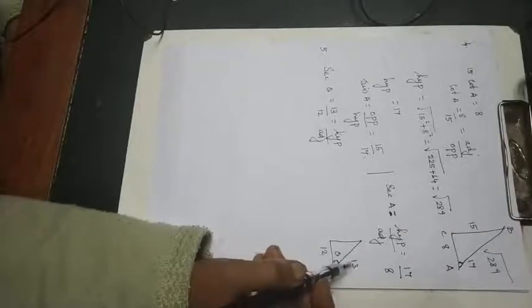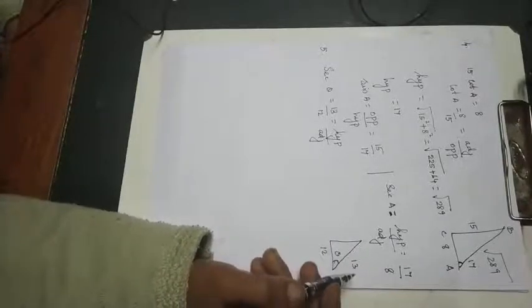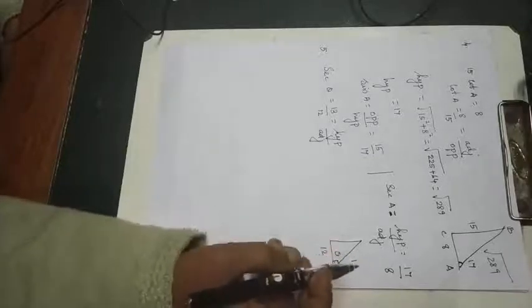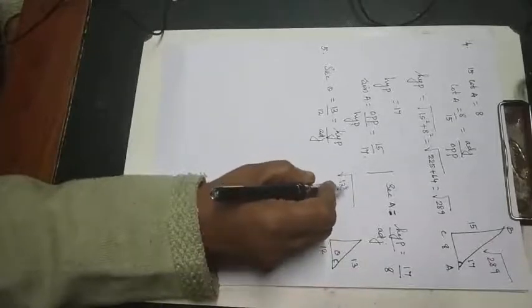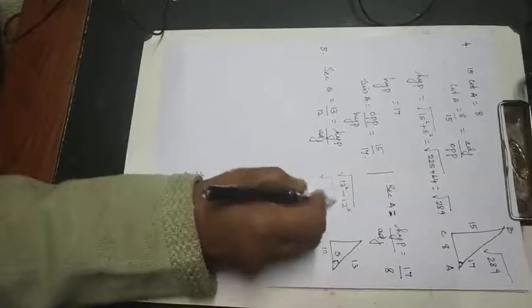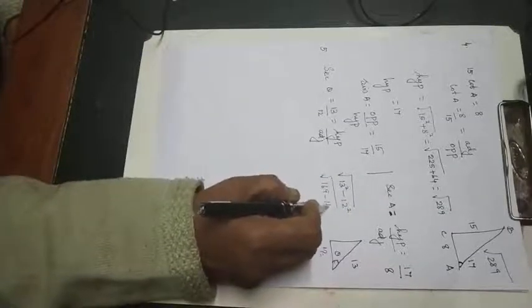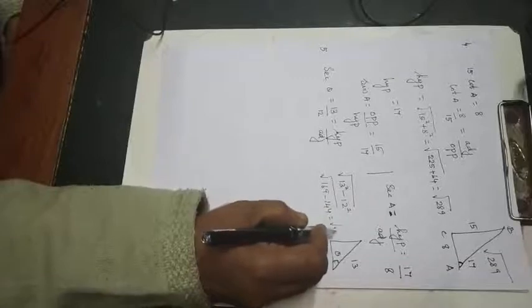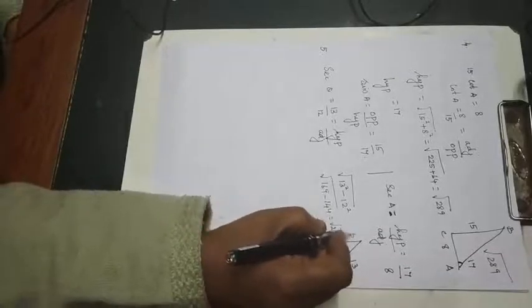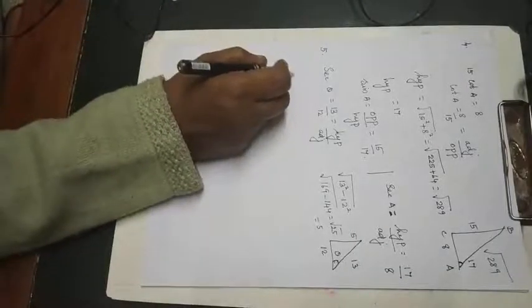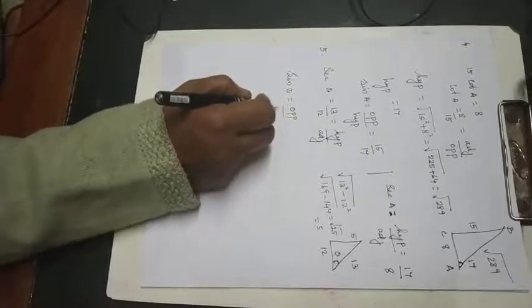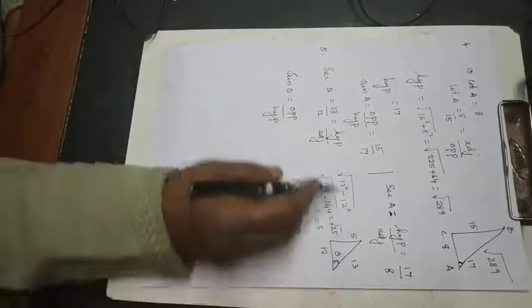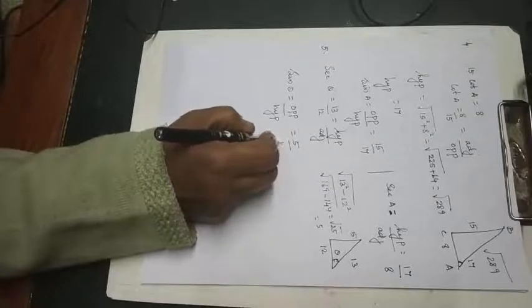So here it will come 13 square minus 12 square. Again the same way, 13 square minus 12 square, that is 169 minus 144, that is equal to root of 25 equal to 5. So this side is 5. Now can you find out all other ratios? Yes. First one is sin theta, that is opposite side by hypotenuse. The opposite side is 5, so 5 by 13.